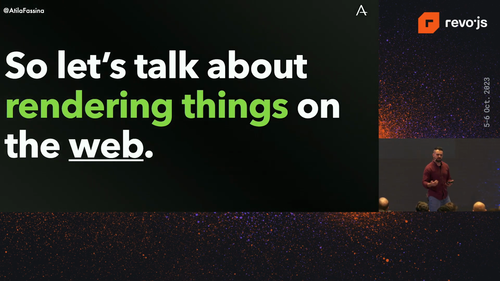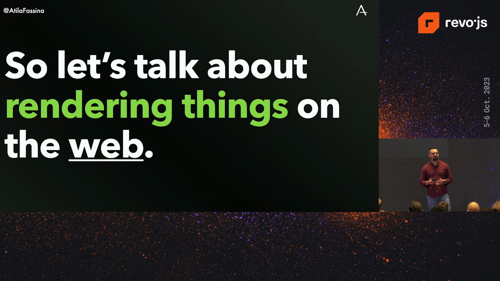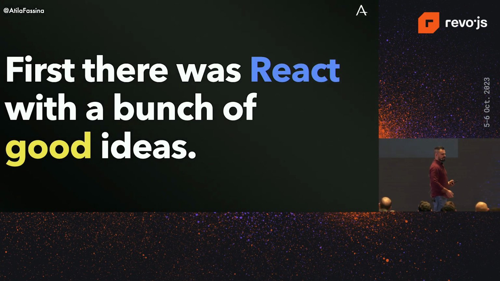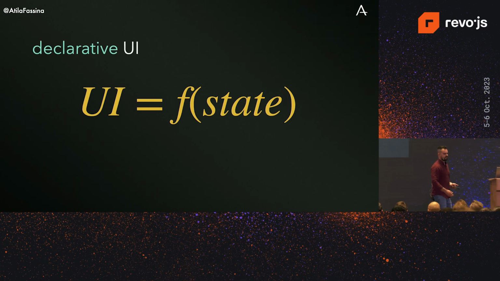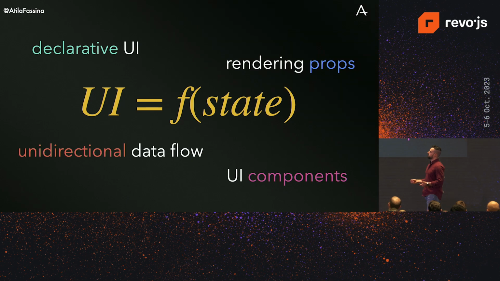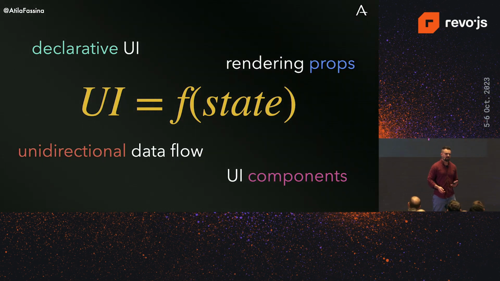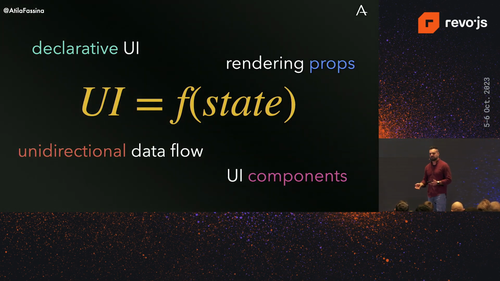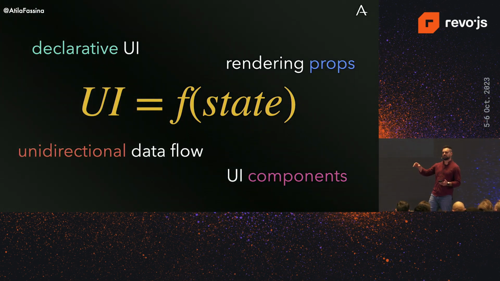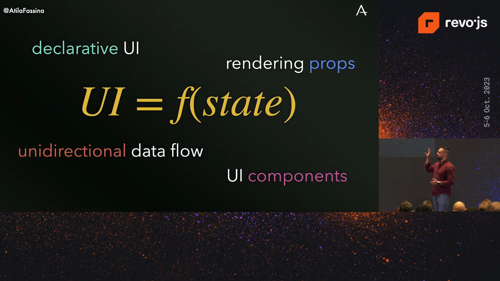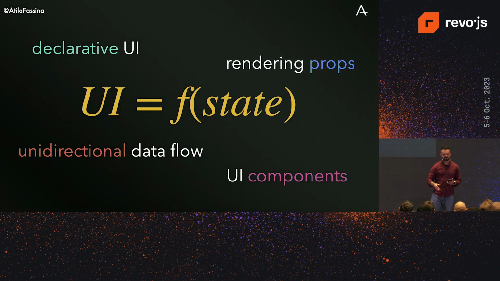So I'm not going to go all the way back. I'm going to go as far as React came around with a bunch of very good ideas. Like, the UI is a function of the state. That's great. That idea kind of pulls also the idea of having a declarative UI, of using rendering props, having this unidirectional data flow, and splitting our UI into different components. And that is great. And as we were looking to implement those things, or as the React team was looking to implement those things,